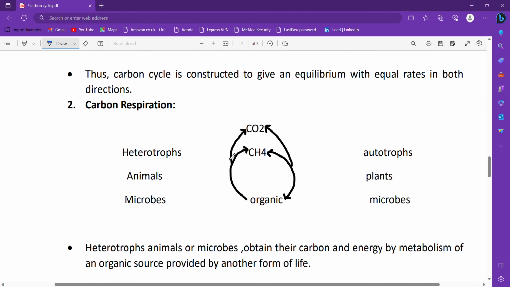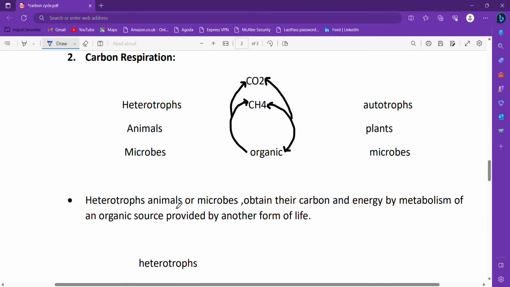And then the next step comes: carbon respiration. It involves two steps, one is carbon fixation and the other is carbon respiration. Here, organic carbon is converted to CH4, that is methane, and then this methane is converted to carbon dioxide. Here, heterotrophs, animals, and microbes are used, and to transfer carbon to the organic form, autotrophs, plants, and microbes are used. Microbes can act as both autotrophs or heterotrophs. And heterotroph animals or microbes obtain their carbon and energy by metabolism of an organic source provided